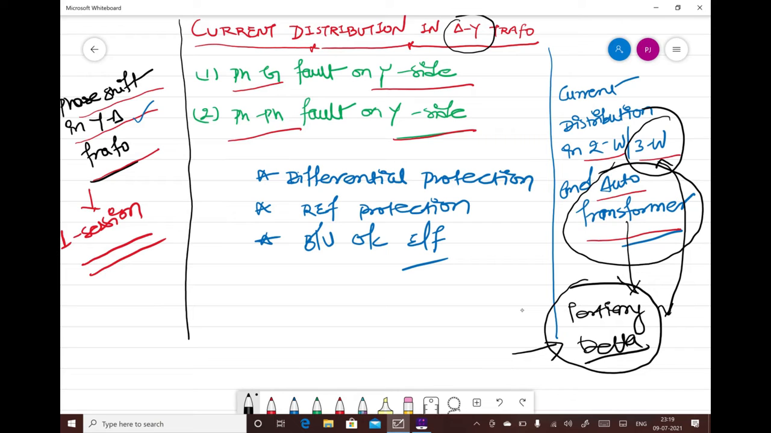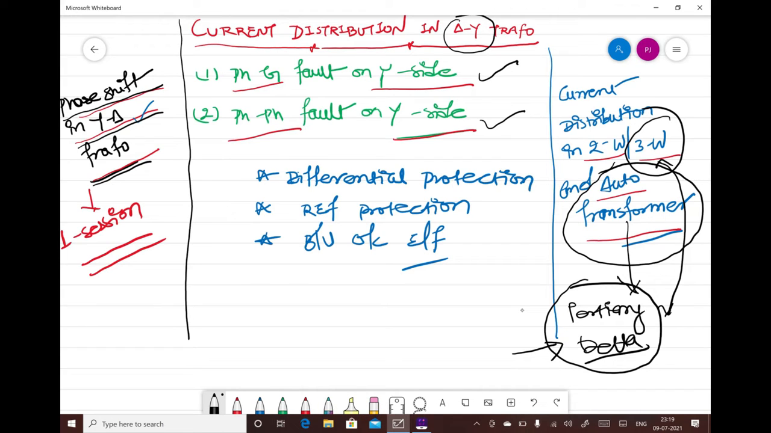In today's session, we will focus only on the current distribution in a star delta transformer for these two cases: the phase to ground fault on the star side, and the phase to phase fault on the star side. Apart from these two concepts, that is the phase shift in a star delta transformer and current distribution, another important thing is the